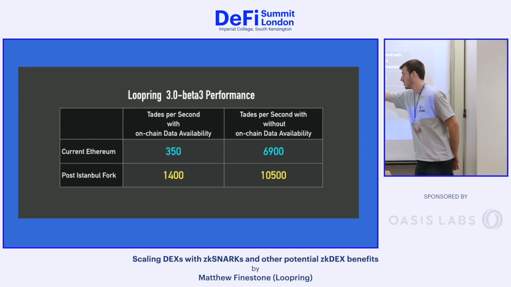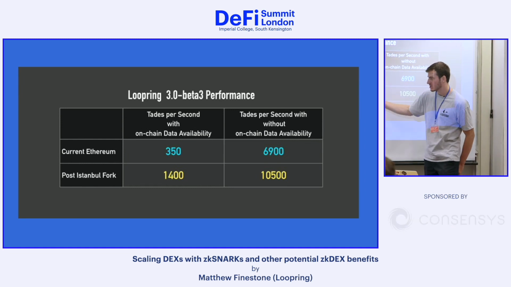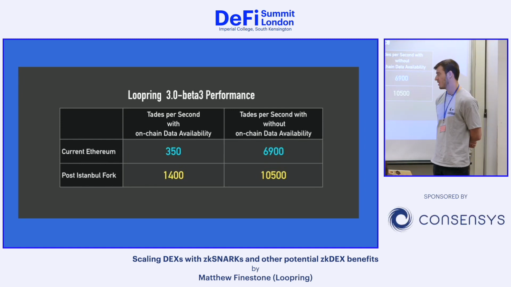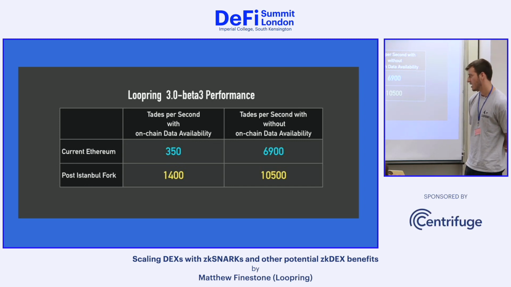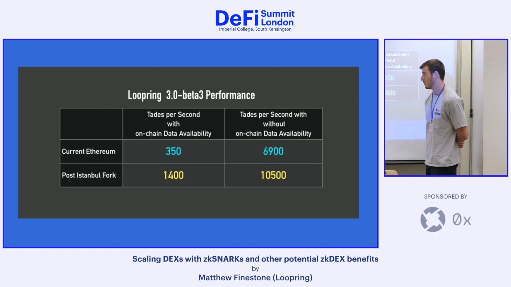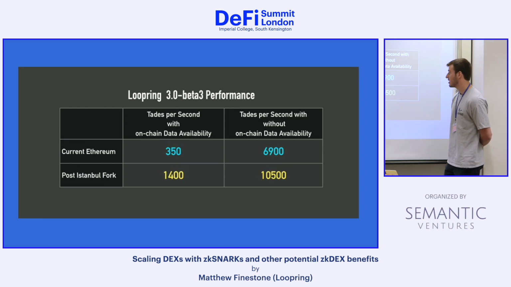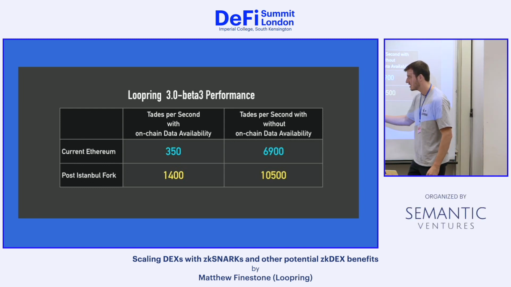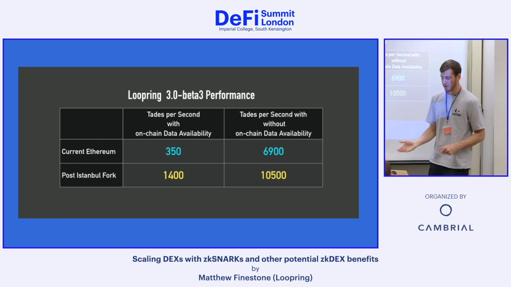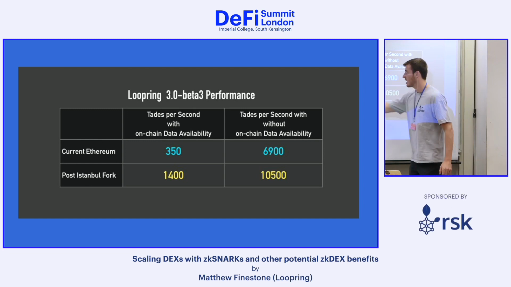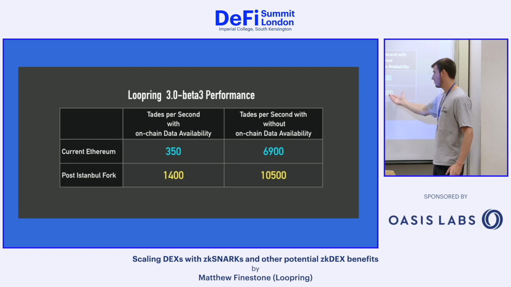I just spoke about the throughput numbers. After Istanbul, though, we are quite excited because we will be able to benefit from a reduction in the gas cost of call data, EIP 2028, which reduces that cost by a factor of 4. So we'll be able to get up to 1,400 trades per second. This is the number where it will actually be operating at, where some partner DEXs that we'll be building on top, this will be the number with the most secure assumptions. And if they want to drop it, of course, they could go higher.